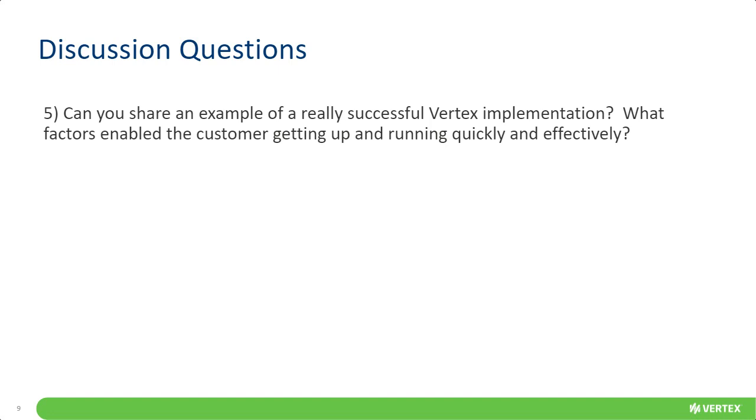And I can think of an example project that we've delivered recently where we did a global deployment of Vertex with an e-commerce platform, and I would consider it a successful implementation. One, they're still using the tax engine today. They're not having many issues where they're needing to reverse or dealing with a lot of customer complaints. Some of the factors that led to the success of that implementation and the speed in which we were able to get up and running were just constant